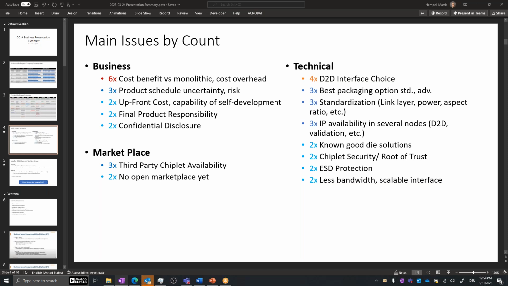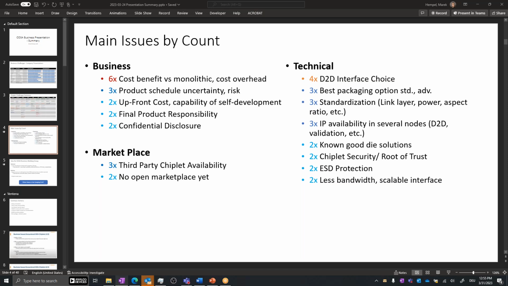David, I have to disagree a little bit. If you talk to the OSATs, it's not that you have to commit up front. Everything boils down to what Cliff said before. You need to have a use case.